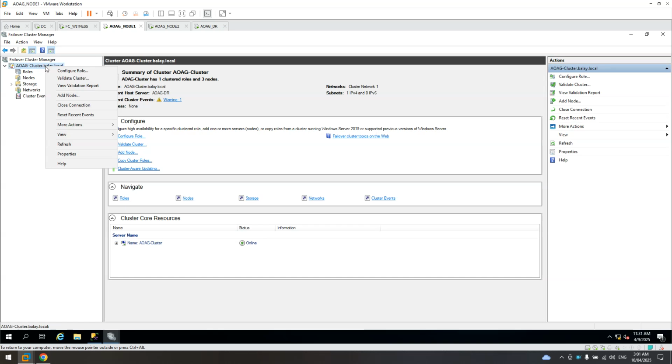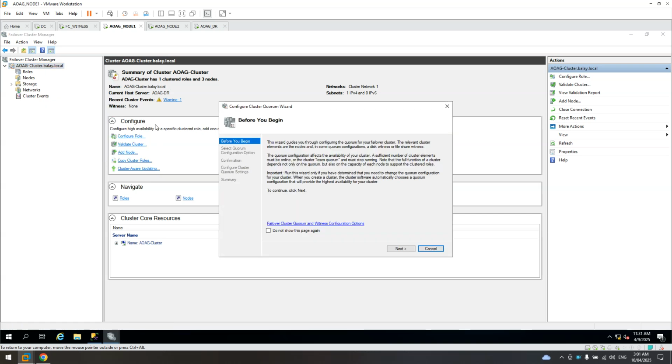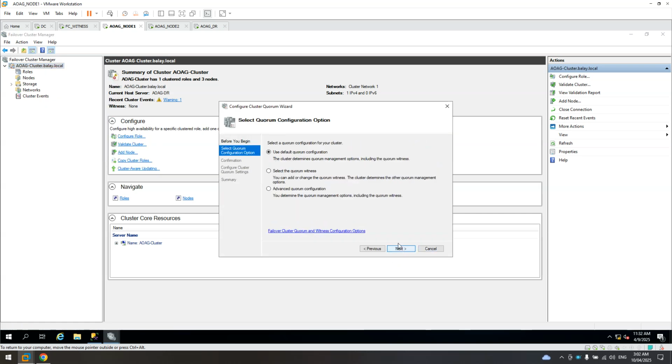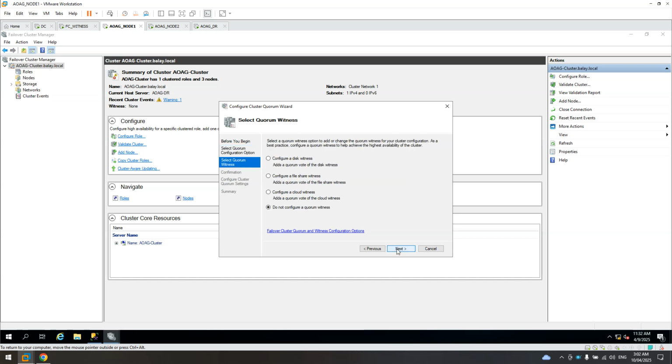Right-click this one first, then More Actions, then under More Actions, Configure Quorum Settings. Click next. Under Select Quorum Witness, configure a file share witness.